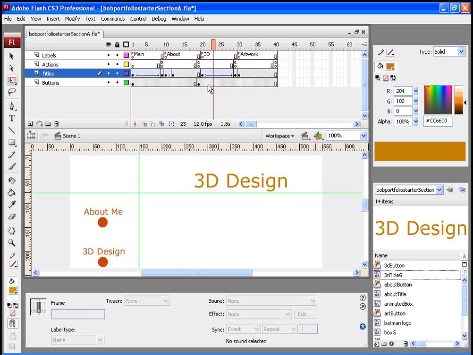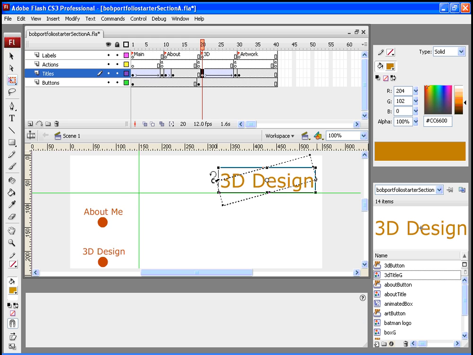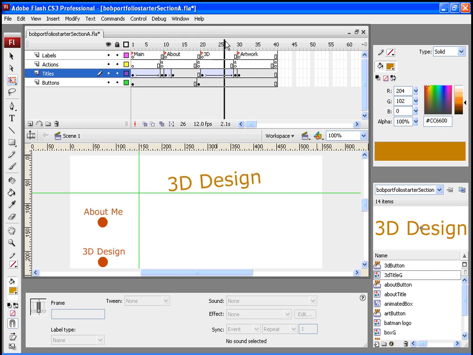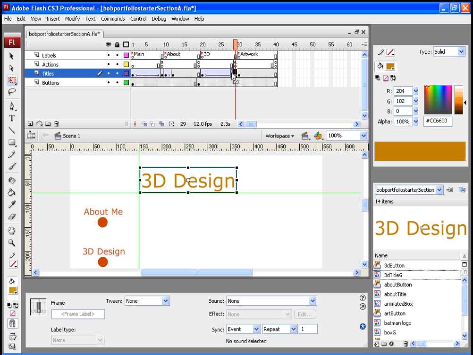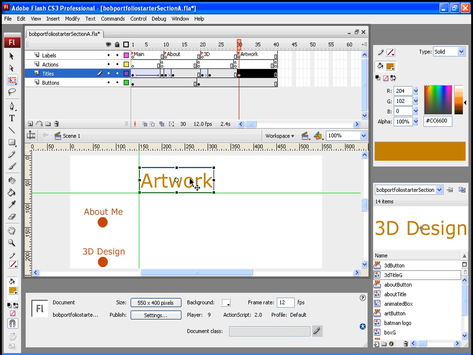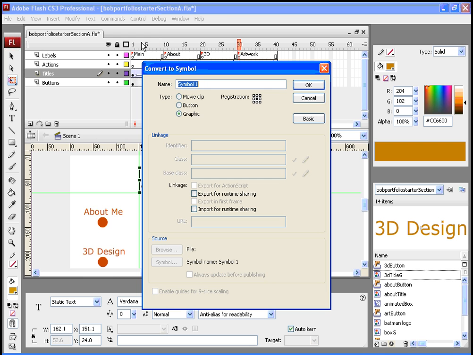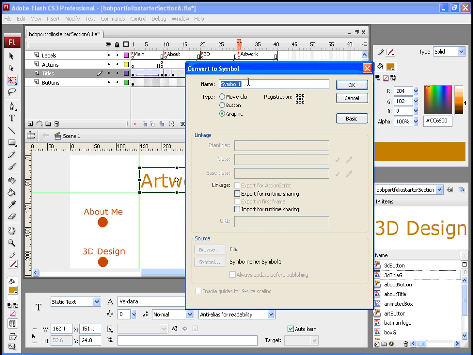And again, I can add a little bit of flair to it by using my transform tool right here and give it a little bit of rotation so that as it slides in, it rotates up. And then again, to be consistent, let's shorten the length of that tween to something very quick. And I like that. And we'll do it one more time. Let's come here to frame 30, select the title artwork, and convert that to a symbol. And we'll call that artwork title,